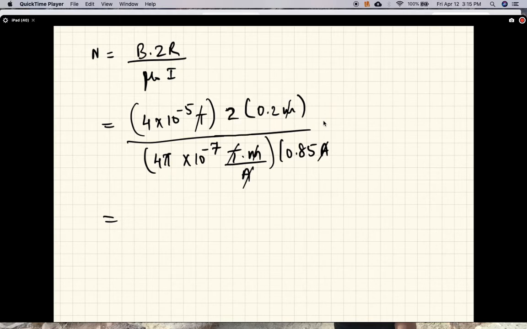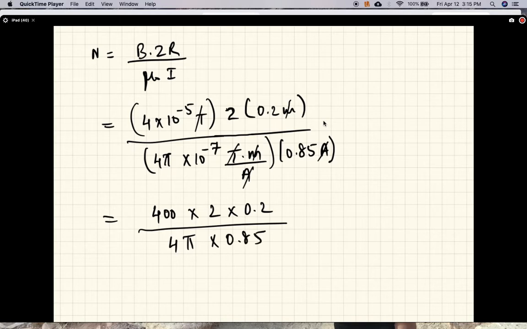Okay, so we'll keep it simple: 400 times 2 times 0.2 divided by 4 pi times 0.85. So that's the number of turns, and this is equal to 40 times 4, 160